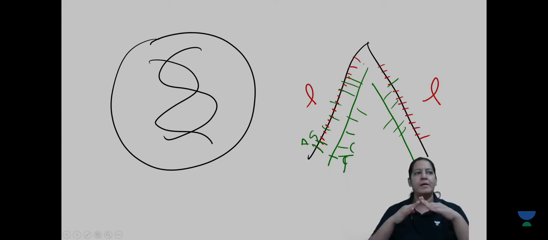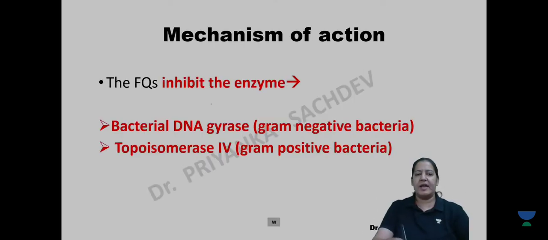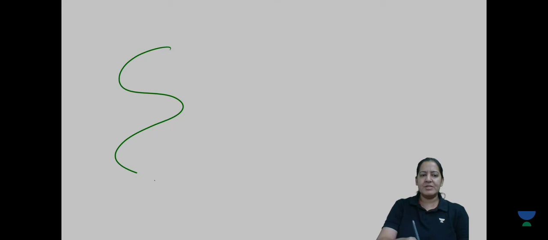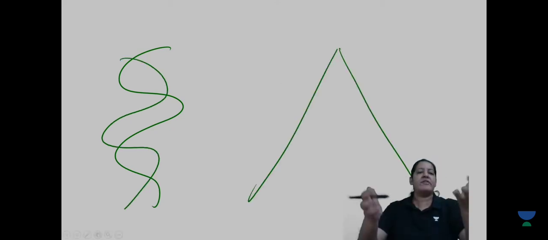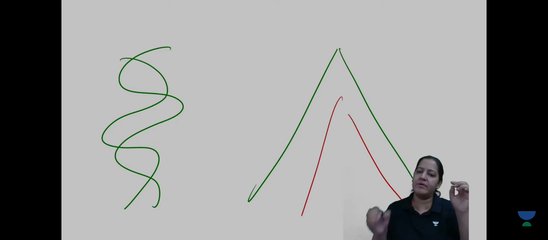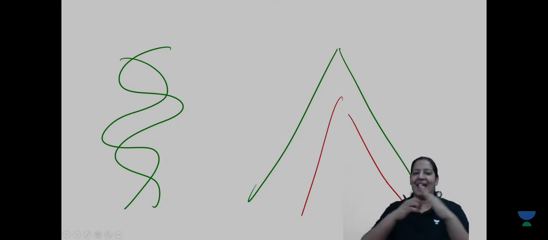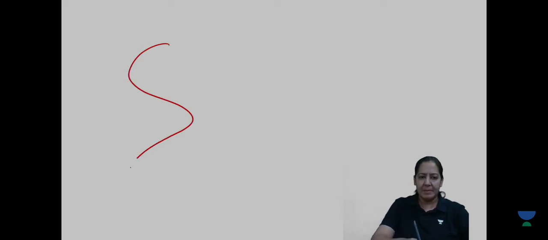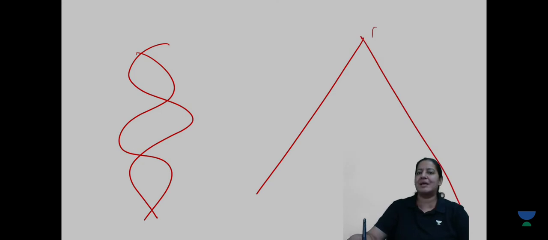This is the complete story. Say yes or no. So the first step is to separate the two strands of the DNA. Have you ever thought? This is the double-stranded DNA. The first step is to separate. Then the complementary strands will be formed on the leading and lagging. But how are the two separated? My question is, they are double-stranded DNA. In the double-stranded DNA, how did the leading and lagging get separated?